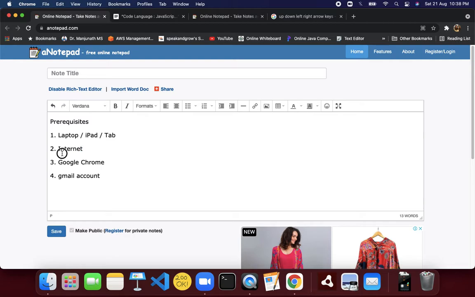Then you must have internet, and you should have Google Chrome or Firefox or Microsoft Edge. There are many browsers available on the internet. You can look for them and install them on your laptop or tab.